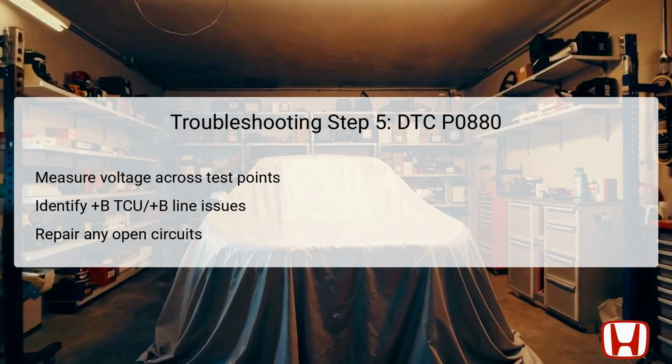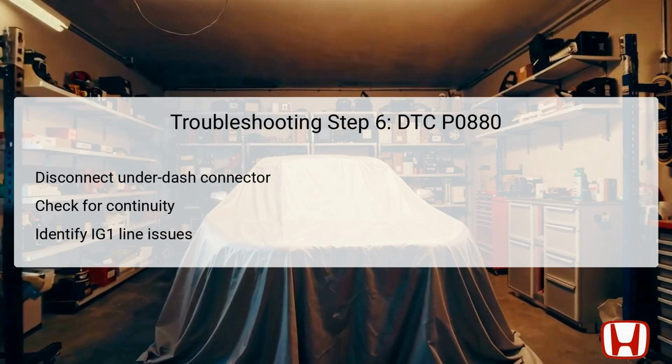However, if there is no voltage, this signifies an open circuit condition that requires repairing the wiring from the TCM to the number B15 fuse in the auxiliary underhood fuse relay box. This careful examination of voltage supplies is crucial, as open circuits can severely hinder the TCM's operation, creating transmission failures and illumination of fault codes. In this troubleshooting step, the technician must disconnect the connector at the under-dash fuse relay box identified as connector